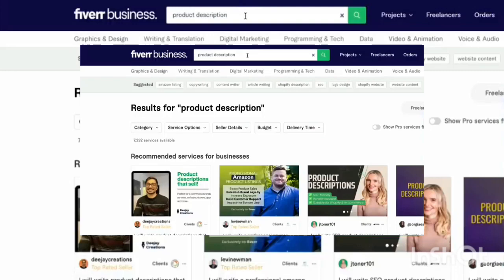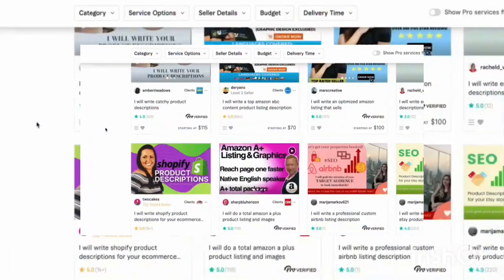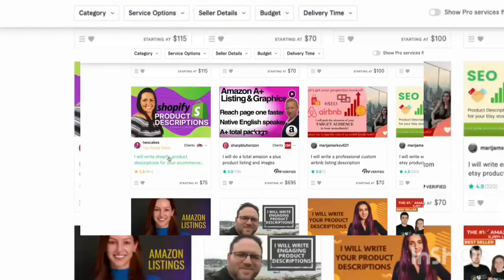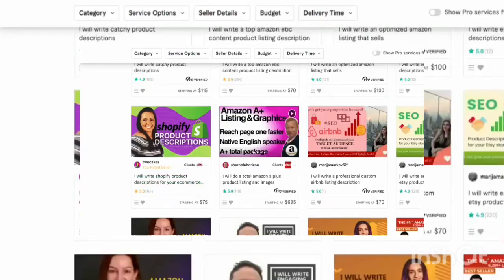What we're going to do is get this chatbot to create these descriptions for us, and we can actually sell them on Fiverr.com. If you look over here, you're going to see that people are selling these e-commerce store product descriptions. People go to them and say, hey, I've got a product like a tent or a fishing rod in my store, and I need you to write a description for me. Very basic thing to do, but you might not know how to write a description. You might not even like to spend time doing it. So you can use this AI software to do it for you, and you can sell it on Fiverr.